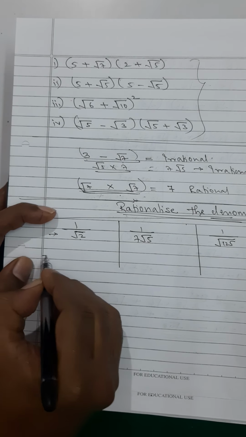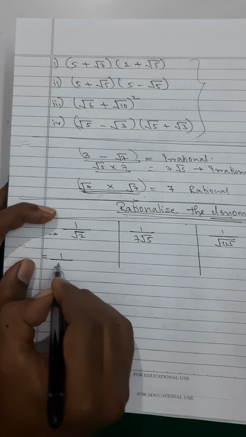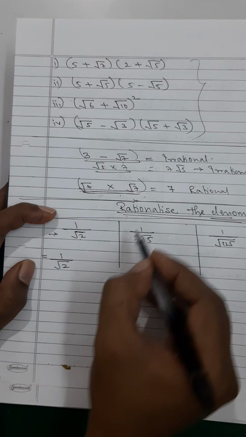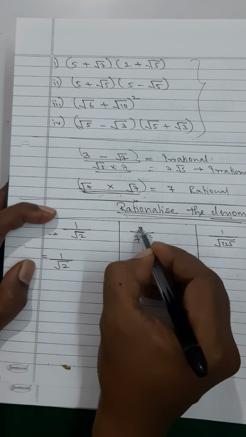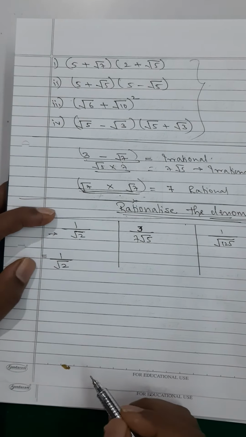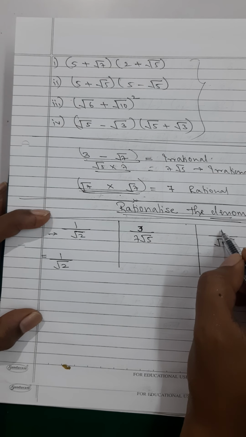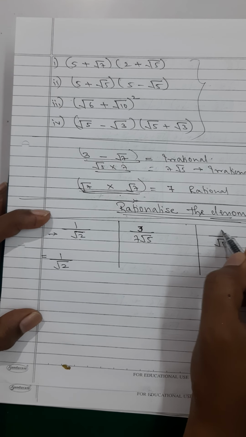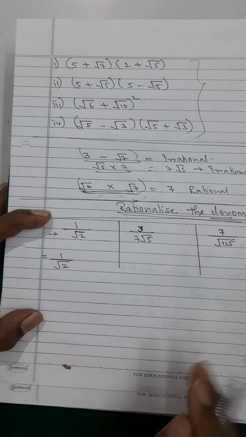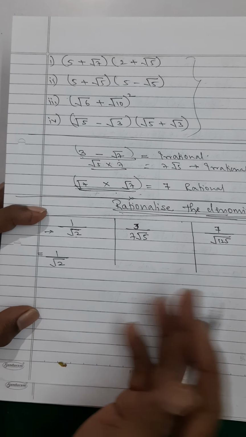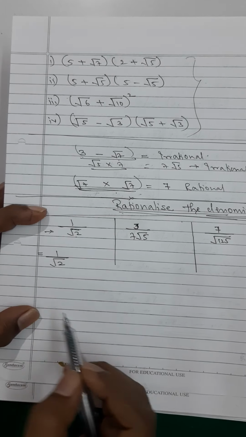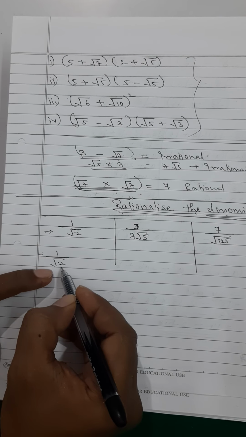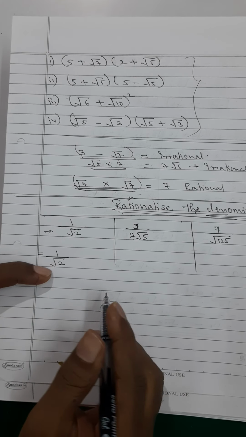So what you have to do is just look at whatever is the irrational part. Here I'll just purposely change this number. Just keeping it all the same is not going to help you in any way. So I can change this number so that you get some complexity over there, which actually is not complex. 1 upon root 2. Now, what is the irrational part of the denominator? The root 2 is the irrational part.